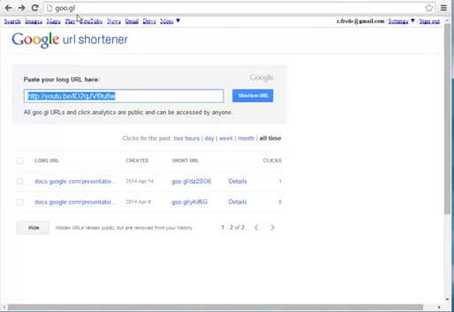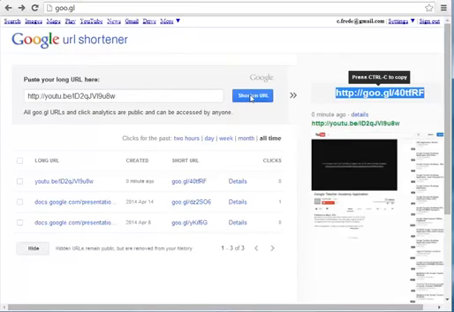Goo.gl. So the first thing you want to do is take your website, for example, I'm using a YouTube video, and click shorten URL. So now I have this short URL here. However, if I come down to my history, I will see that same URL, and I will see a button that says Details. When I click Details,